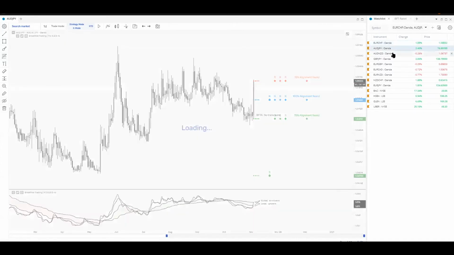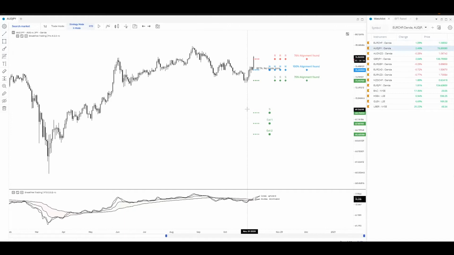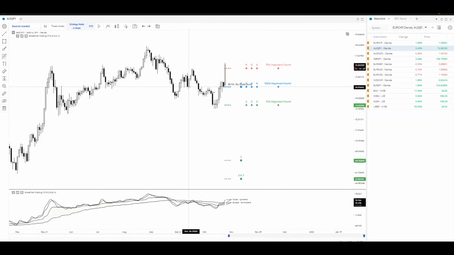Let me open this up. AUD, I went back to my entry. I think it was, let's see, I got triggered here. 1, 2, 3, 4, 5, 6, 7, 8, 9, 10, 12, 13. Yeah, sorry, it's 13 days. So I was in drawdown for 13 days, not a month. 13 days. So I got in